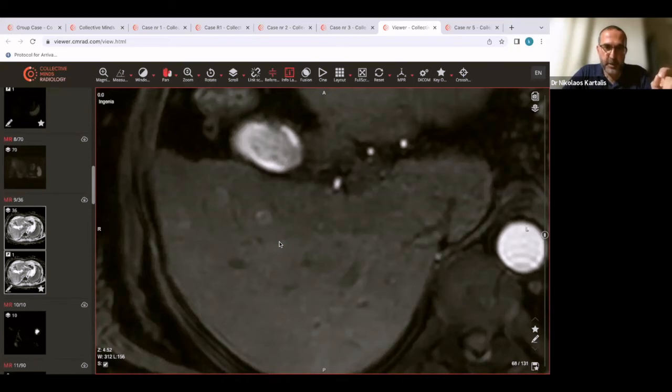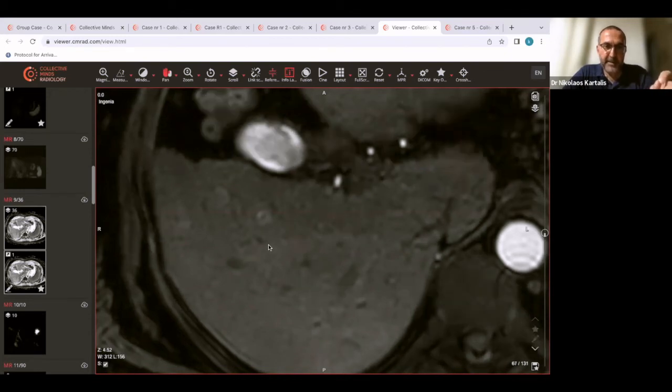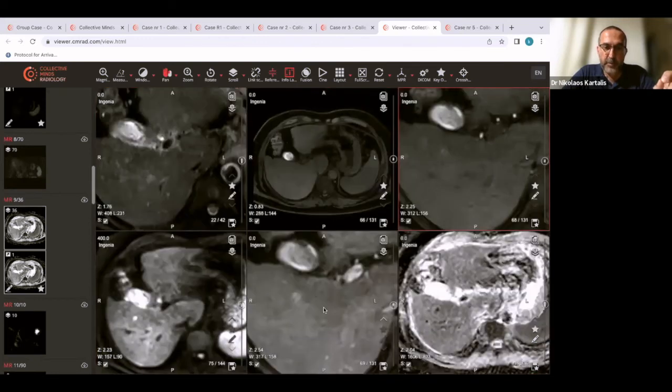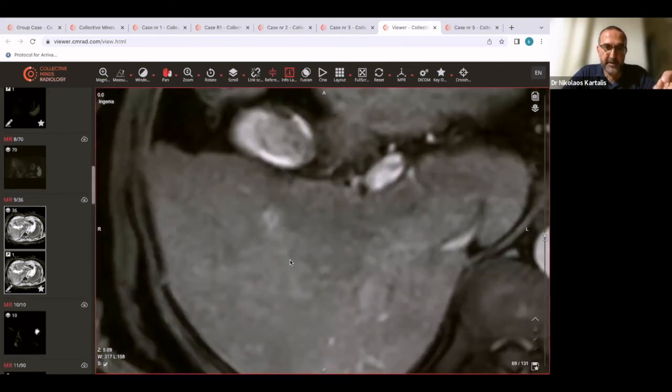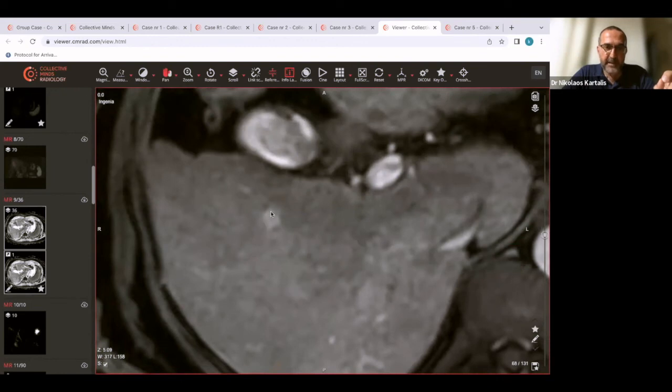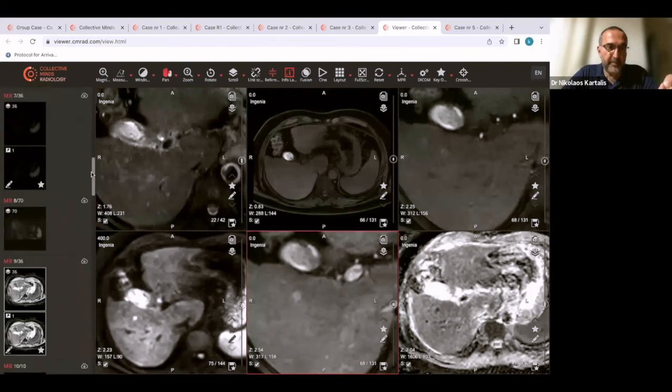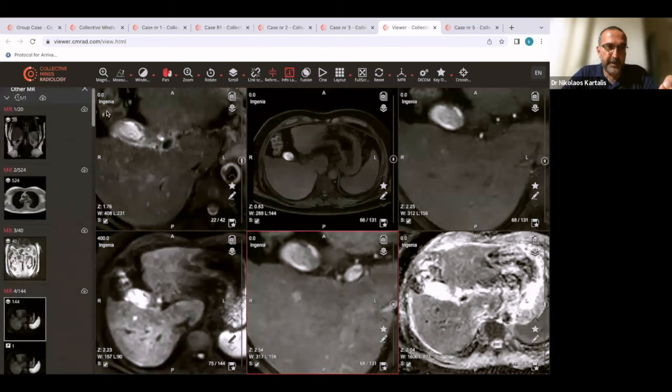In order to call this hemangioma, the definition has to be clear. It has to be peripheral, discontinuous, nodular with centripetal filling. But in this case we have just a rim enhancement. We have no nodularity. We have no discontinuity. On the portal venous phase, you see almost complete enhancement, apart from the center of the lesion, but still no discontinuous enhancement, no nodularity, and it doesn't really follow the blood pool, as you see here. And when we go to the 3 minutes phase,